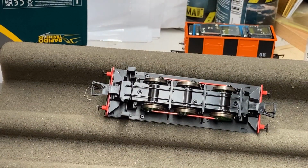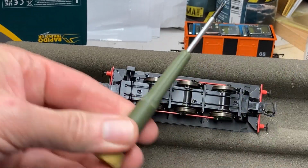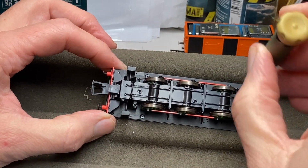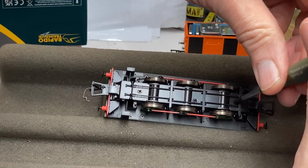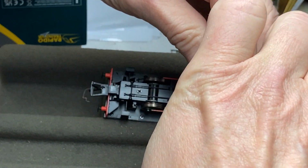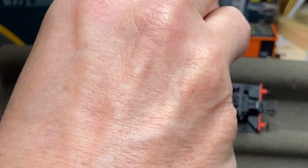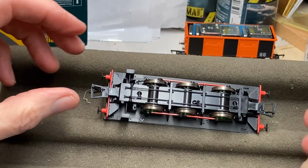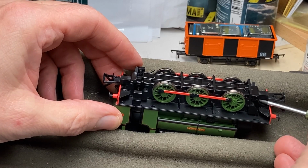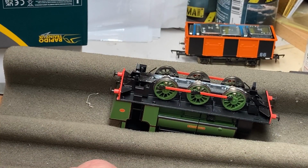So let's get into it then. Three screws to undo apparently. This one, and this one. I'm using a decent screwdriver made by Proxxon. I'm going to try and do this so that I don't get my hand too much in the way of the camera. So do excuse me for a second whilst these come out. That's the first one out. It's going to be quicker if I don't try and block the camera. That's the third one, and the last one. So that is the three screws undone. I've got a very narrow bladed screwdriver here, and it tells you to just gently move the base plate. So there's the base plate,